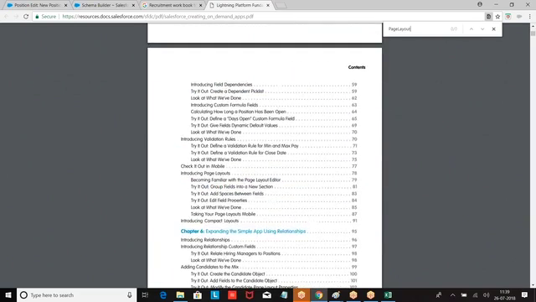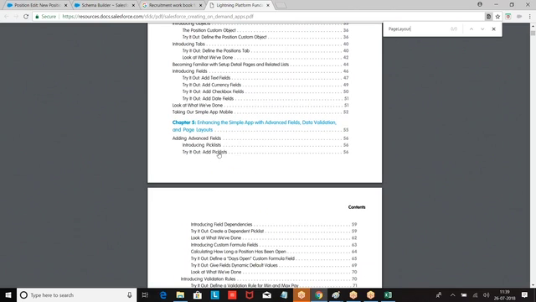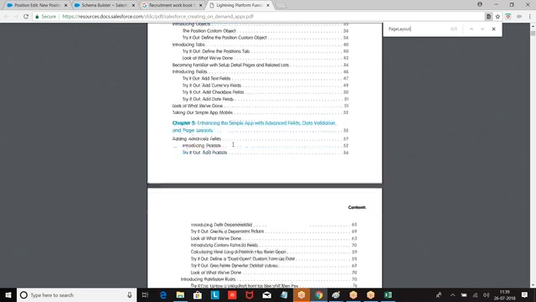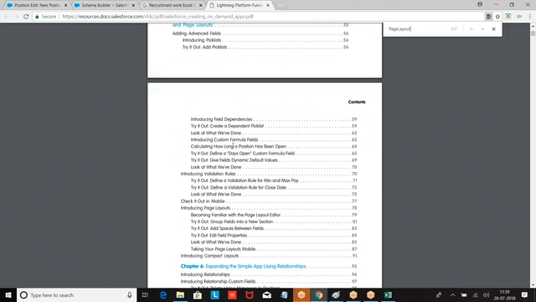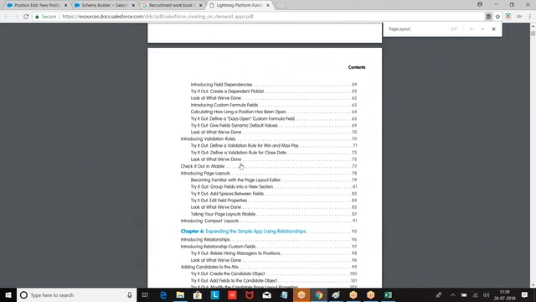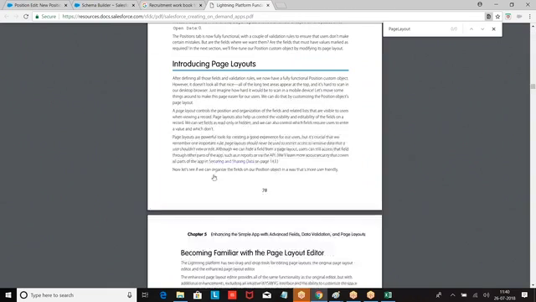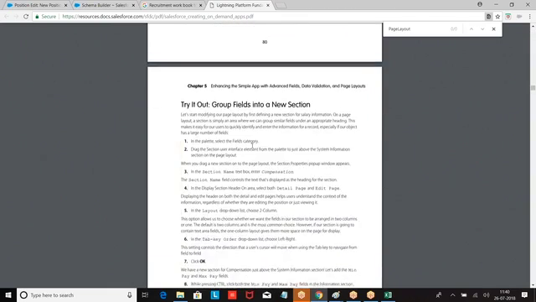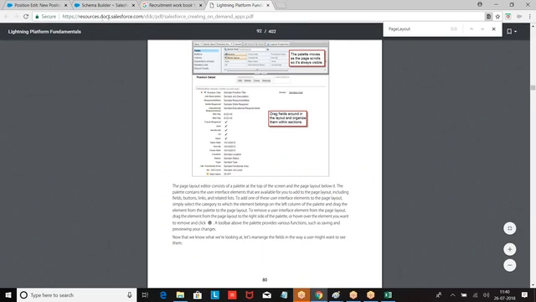Okay. Now we are looking at this. If you look at this, the fields are in this format.